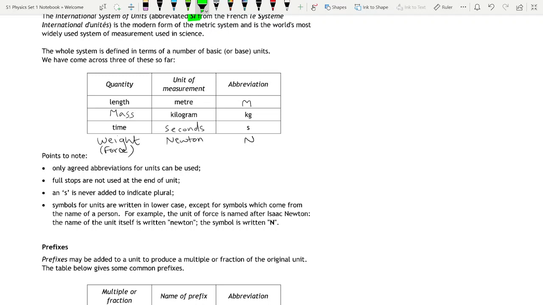Any questions from what we did last week? Yes. Does that mean that there was a person called Meter? No. So that's why m isn't capital. So m is lowercase. The reason that m is lowercase is because it's not named after a person. But a really good question.